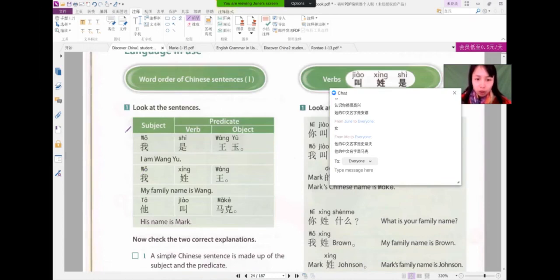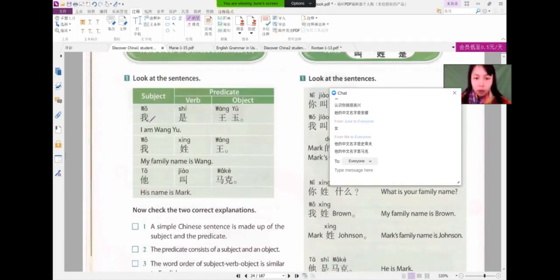So this is the structure. When we want to say the sentence, very basic sentence is the same as the English order. So 我 is I, 是 is am, 王玉 is 王玉, right? Okay, please read the sentence here. 我是王玉。Right. Okay, this one. 我姓王。对，我姓王。他叫马克。